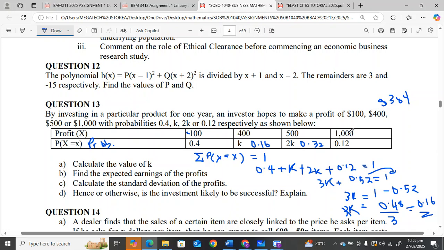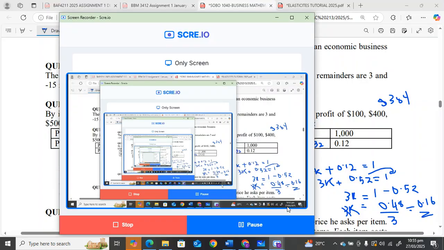It's likely to be successful because we've got a positive average profit. But since the standard deviation is high, it will depend on your risk tolerance. If you want high fluctuating profits, you can invest. If you want low, do not invest. If you're conservative, do not invest, because the profits are going to fluctuate. So in a nutshell, it's likely to be successful, but it's an investment for people